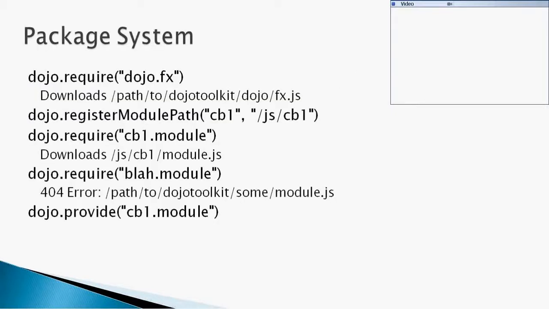Okay. Package system, we have already talked about it. It's the same thing. In Dojo, everything is divided into classes and packages. Inside your page, once you have loaded Dojo, if you want to use dojo.fx functionality, you have to first say, okay, I need this functionality. It's the same as saying, before using any class inside Java, I need this class,